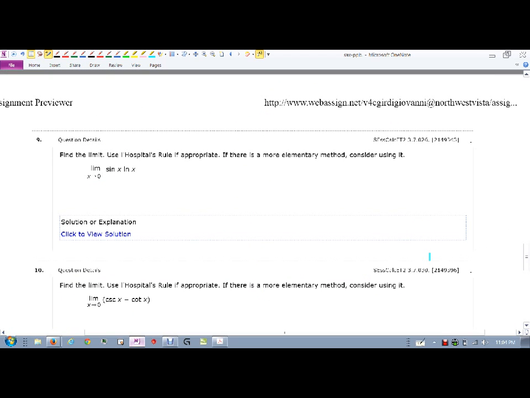Okay, so check out this one. We're doing the limit as x approaches 0 from the right. So let's be careful here. So let's first try and figure out what's going on. The sine function looks like this. As we approach 0 from the right, we're approaching 0. So it is approaching 0 here, times, now natural log function